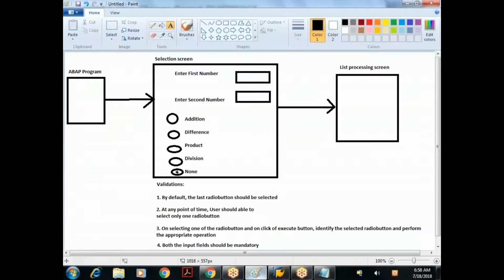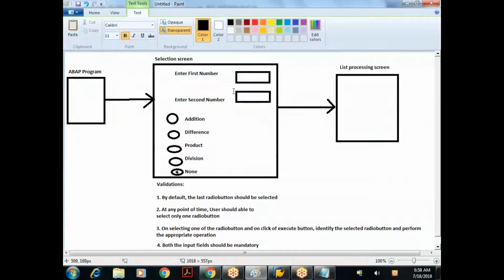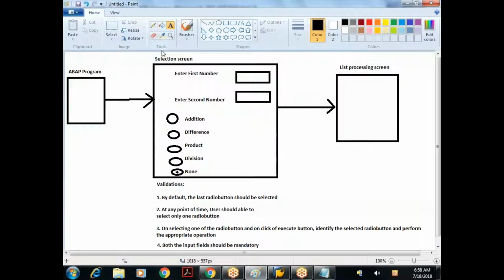Let us do it part by part. The first requirement is, on executing my program, I should get the selection screen to read two input values. Yesterday we saw we need to use the parameter statement.